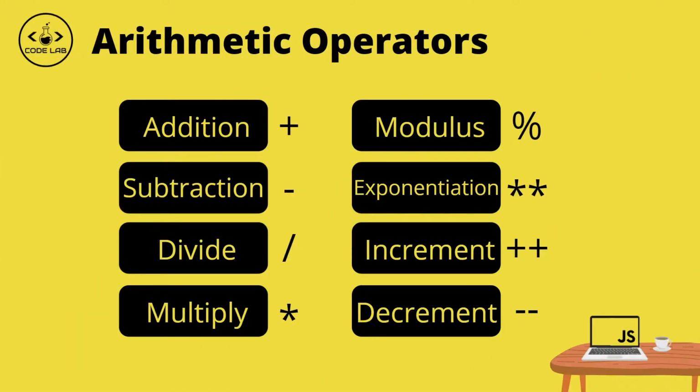Okay, so these operators that you see on your screen now are the JavaScript arithmetic operators, and half of them you should already know and the other half you won't likely be familiar with. So to our left we have addition, subtraction, divide and multiply. And then to our right, we've got modulus, the mouthful of exponentiation, increment and decrement. And these are the ones you're likely not familiar with. So what we're going to do now is go back into our JavaScript Crash Course folder and look at these